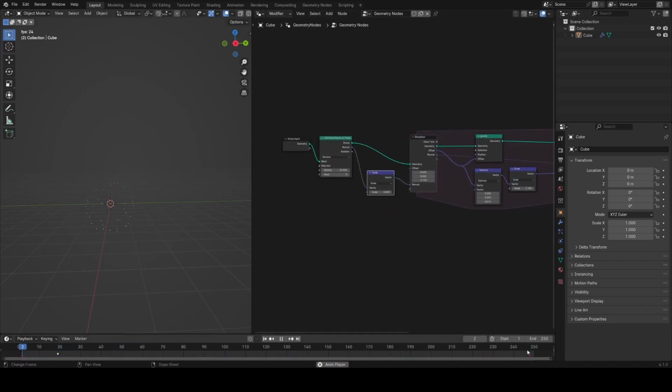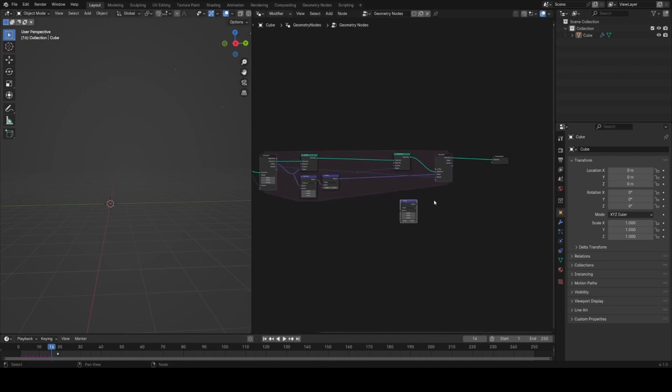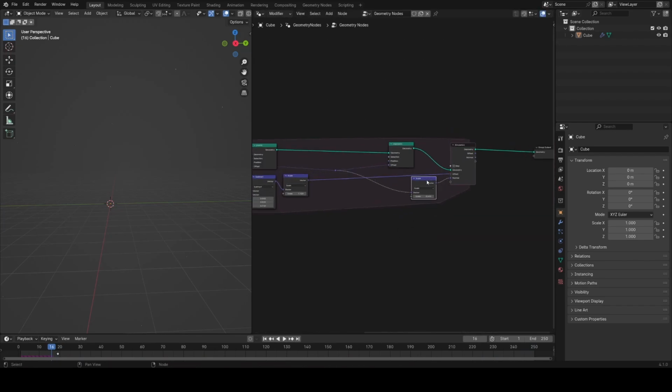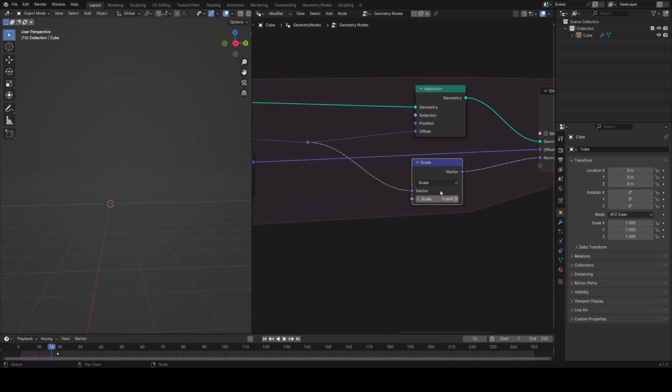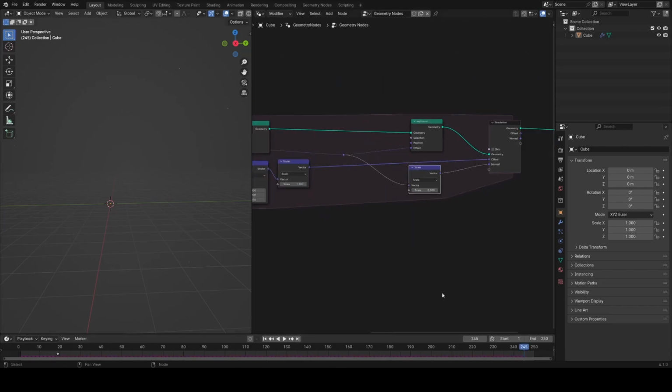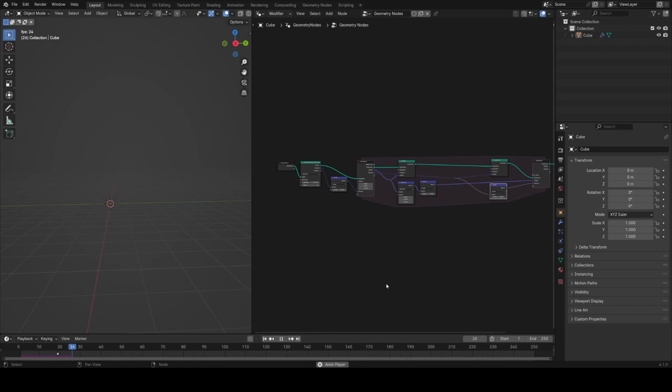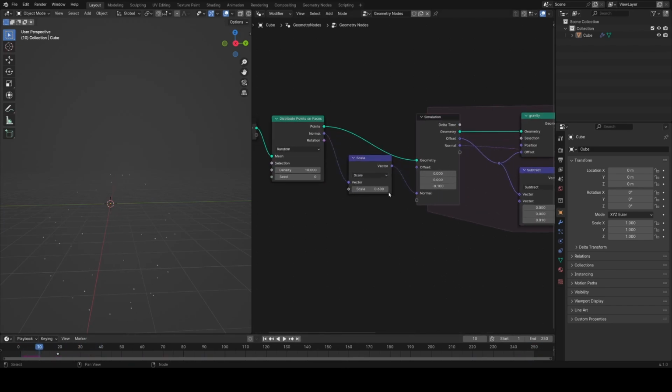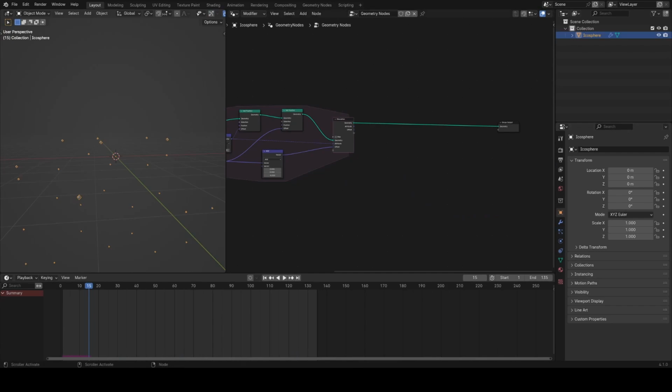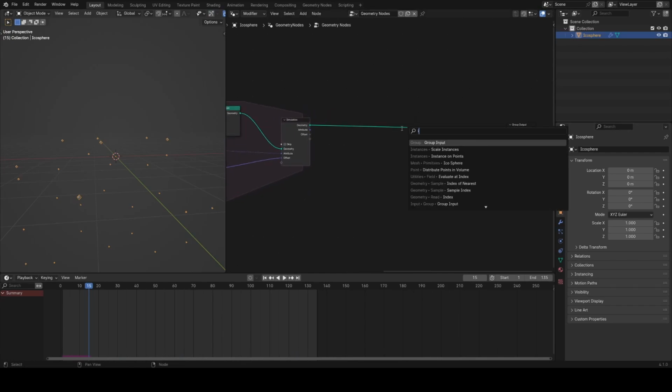You can see we get the same sort of deceleration, but they just don't go as far. So if I disconnect that, you see they just go further. So it can be really useful to play with these scale nodes and find some values that you like. I think I'll set this one to 0.9 and maybe a 0.8 here or something. Now that I've tweaked the system to my liking, I am going to add in an